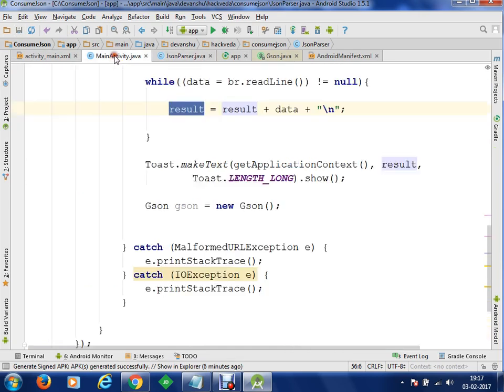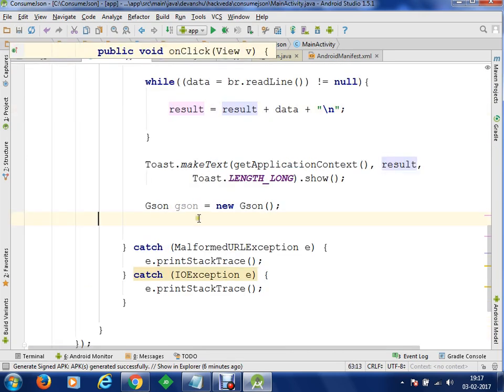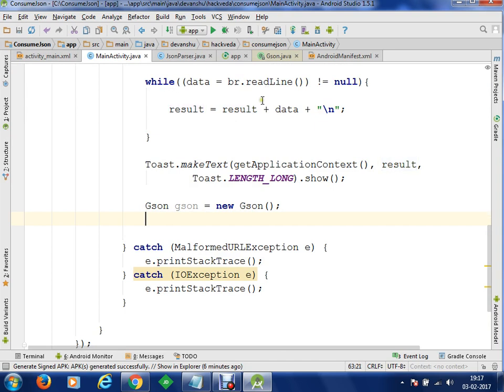Now we have to send the result which we have just got from the connection here. We are going to give this result to JSON.fromJSON, with our JSON parser dot class. Okay. Clear? Now we have to change the name from JSON to fromJSON.